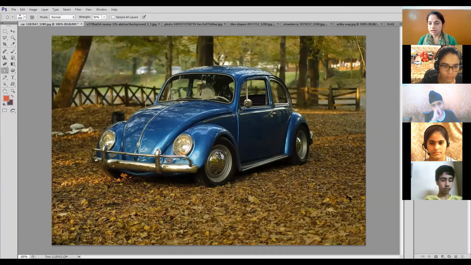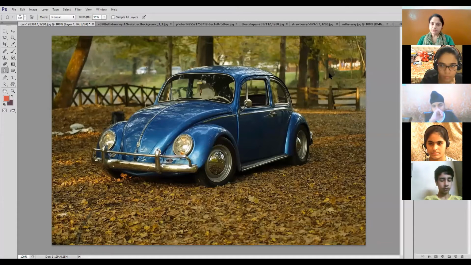And before that, I had given you one tip in a previous tutorial also. Always make a duplicate layer. Click here, press Ctrl plus J shortcut key. It will create a duplicate layer. Now it is layer 1. That means whatever changes I make will be applied to this layer 1, this duplicate layer, and the original image will remain the same. If I want to undo all the changes later on, I can just delete the layer. Or if I am satisfied with the changes, I can merge the layers and make it one.